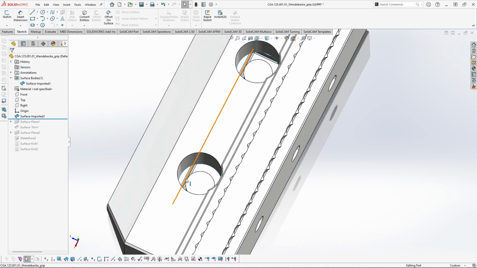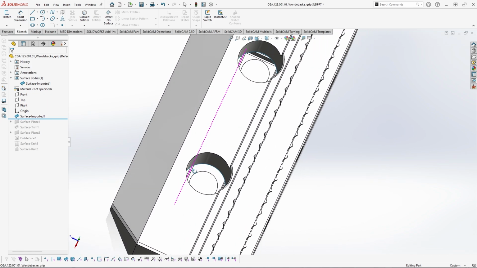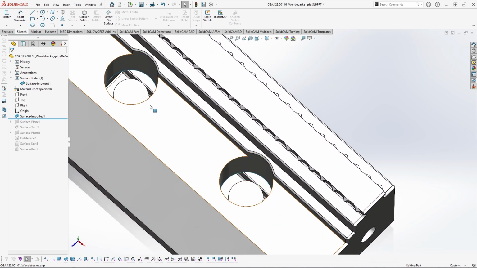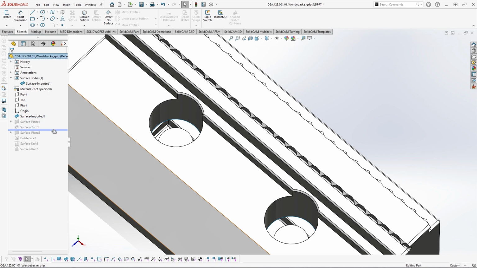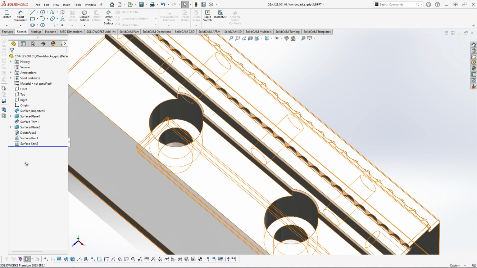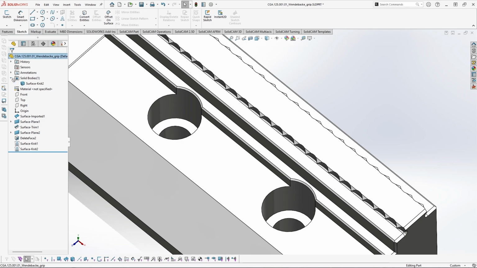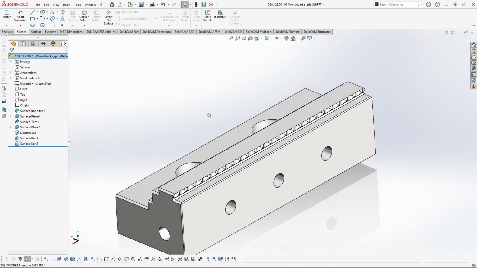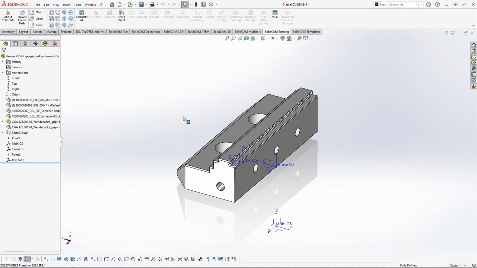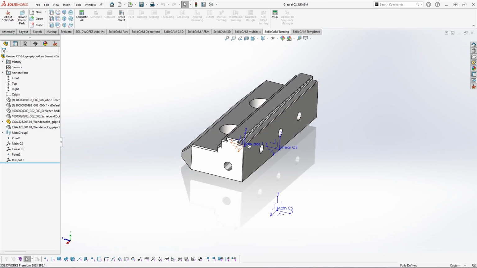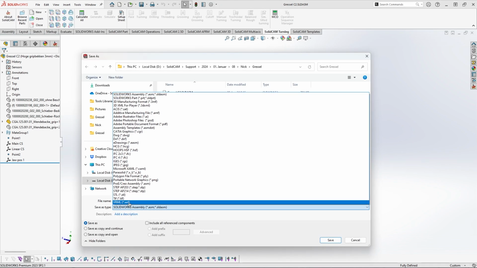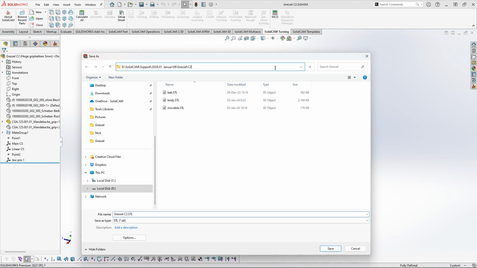And you can see it has broken edges. This is a common feature that we have. And basically, with a couple of features, I was able to make a solid, and that's it. So I'm going to save it. And I'm going to export this according to my jaw position 1. I'm going to click on STL. It will be my